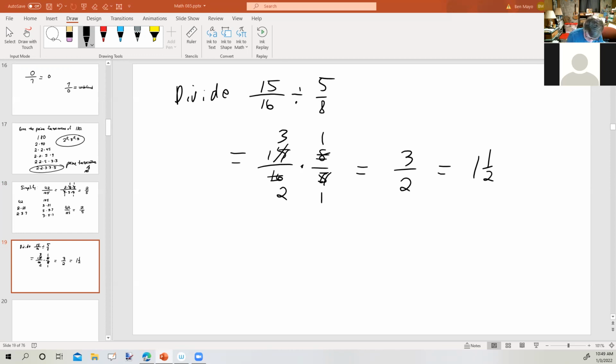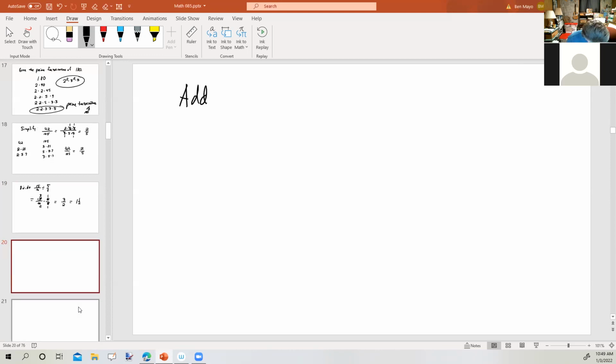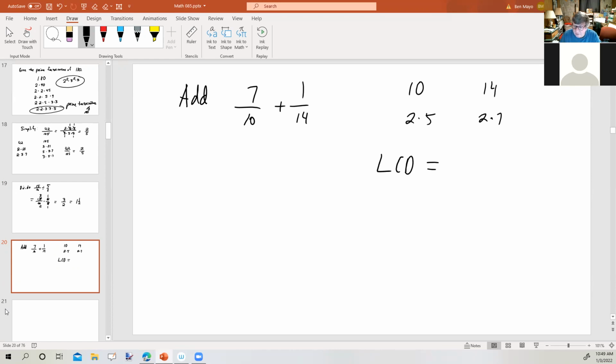Okay, let's see here. I'm going to add 7/10 plus 1/14. To add two numbers with different denominators, first of all, we need to find the common denominator of 10 and 14. The way we do that is to do the prime factorization of each denominator. And then the LCD is the product of the highest power of each different prime factor that exists within these